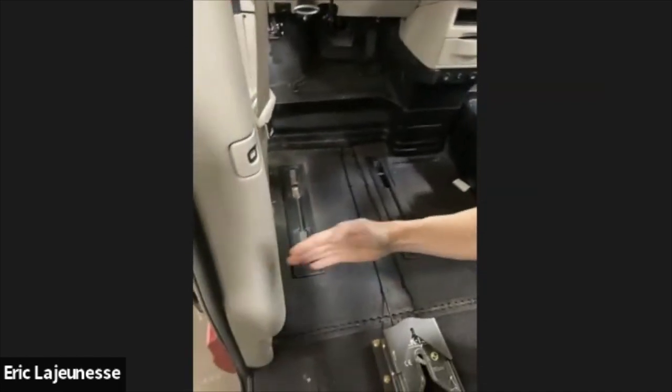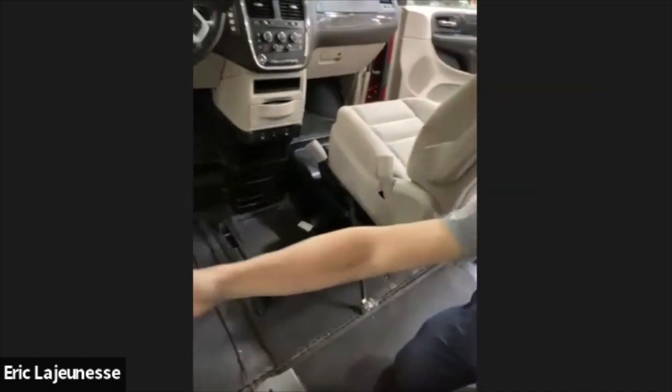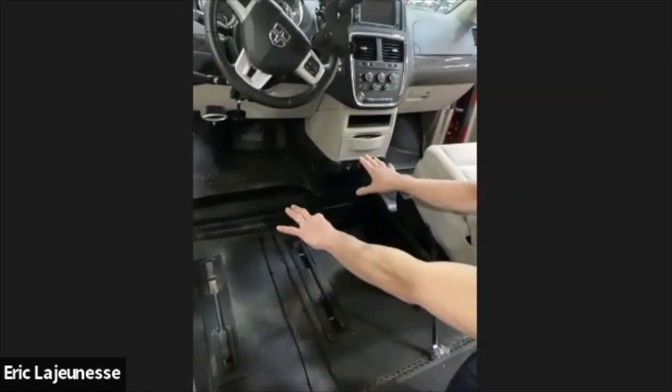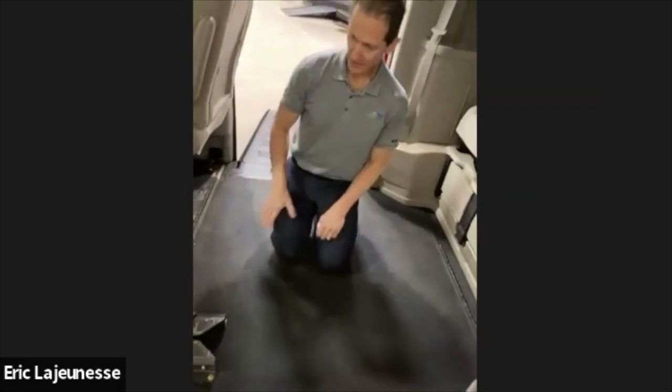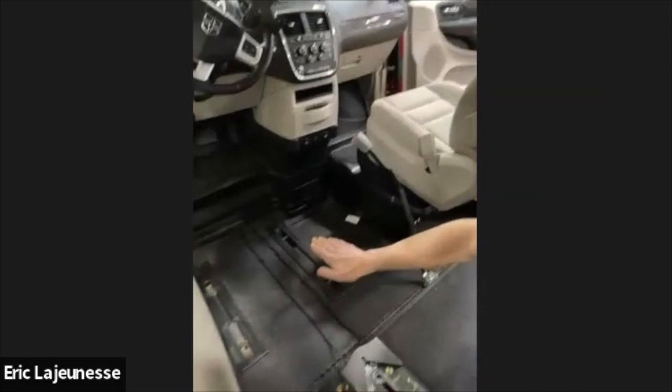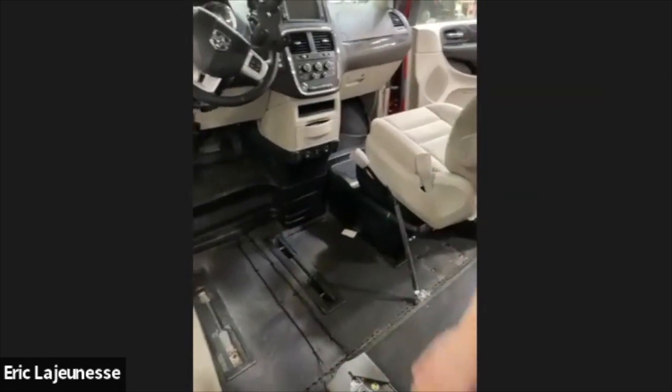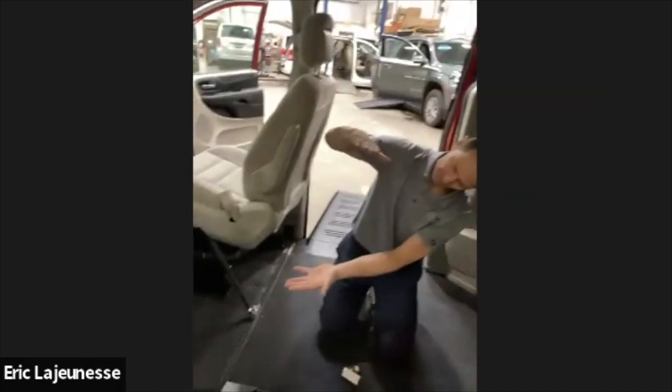From these pillars right over here, they have not been lowered. All that gets lowered is this right over here. So the seat would be on a platform. If there was a transfer seat that would come out, it would be on a platform that's 10 inches